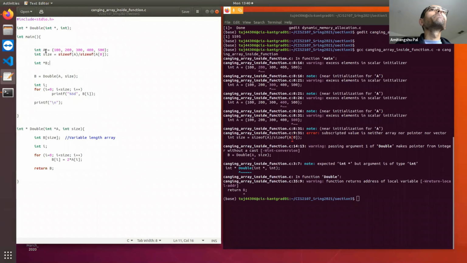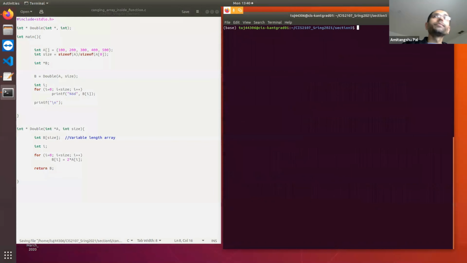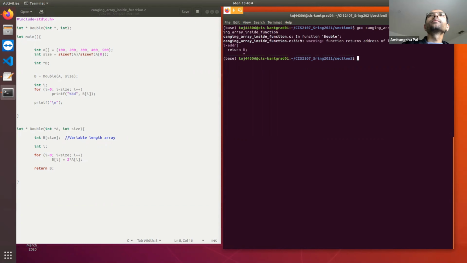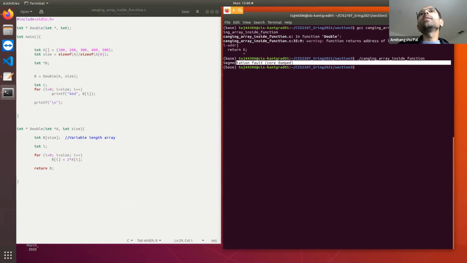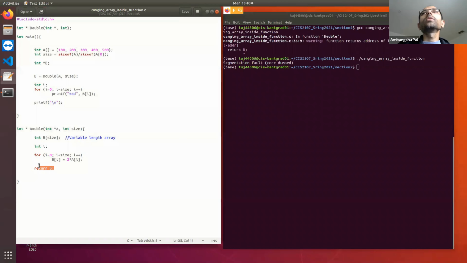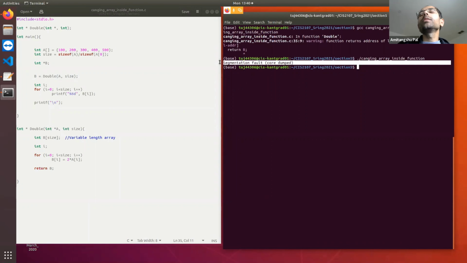Okay, this is giving a warning: function returns address of local variable. But let's run it. This warning is a valid warning, but even if I run it, it is going to give a segmentation fault. That's why it is throwing this warning, and when I run it, it gives a segmentation fault. So what's happening? Why is it giving a segmentation fault?